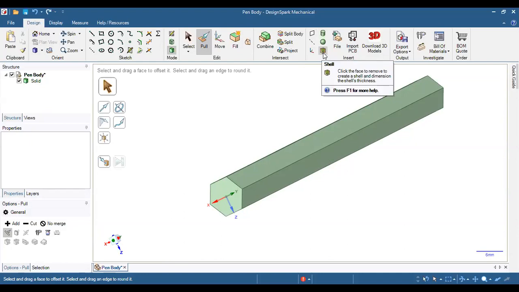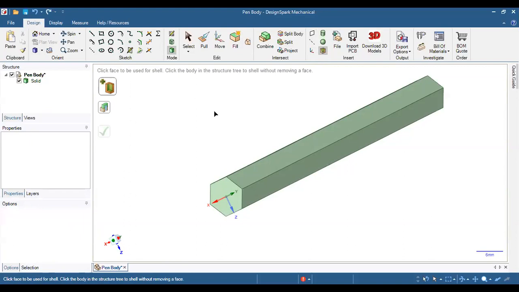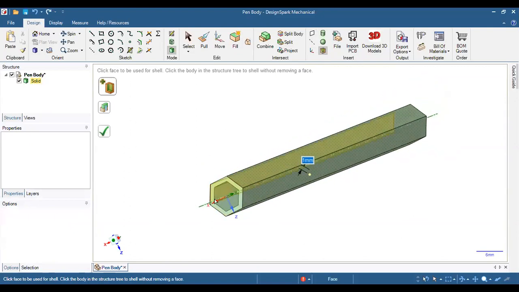Once I have selected it, it asks for the surface which has to be removed from the solid. So in this case, this plane should be removed, and it is asking for the wall thickness, which should be provided